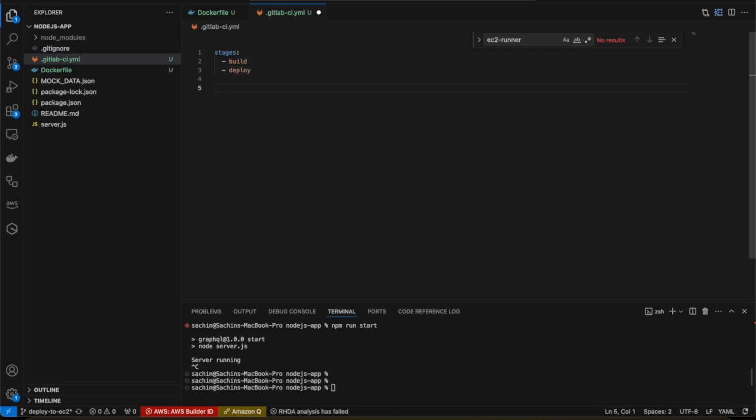And we need to define the jobs also, like we'll create a build job, which will be linked to the build stage, and another will be the deploy job, which will be linked to the deploy stage actually. So this will be running in sequential order. First build will be executed, then the deploy will be executed. Okay,